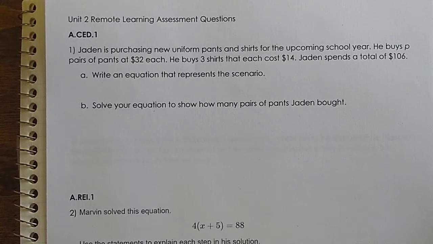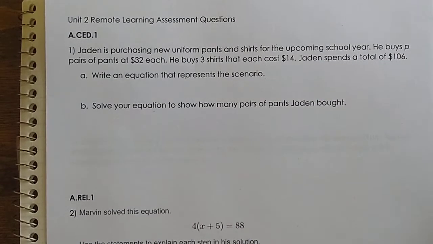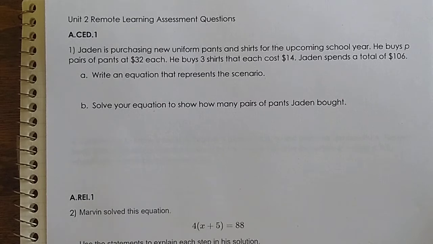All right, so this video is going to be about writing and solving an algebraic equation based on a real world word problem. Jaden is purchasing new uniform pants and shirts for the upcoming school year. He buys P pairs of pants at $32 each. He buys 3 shirts that each cost $14. Jaden spends a total of $106. A, write an equation that represents the scenario, and B, solve your equation to show how many pairs of pants